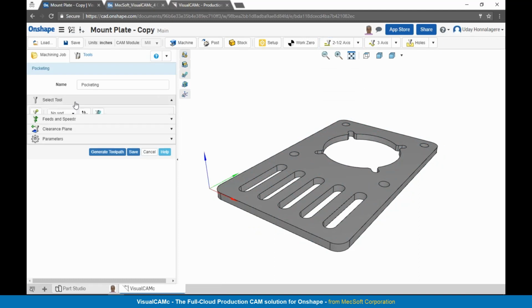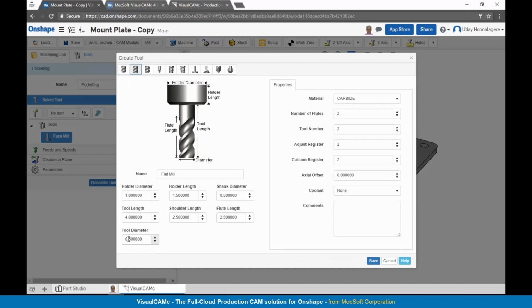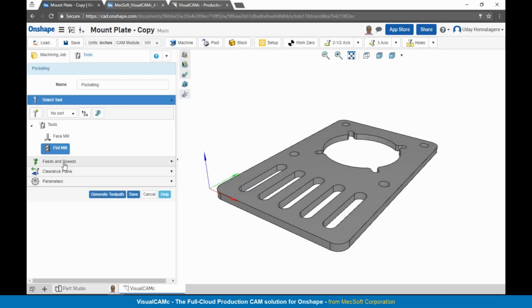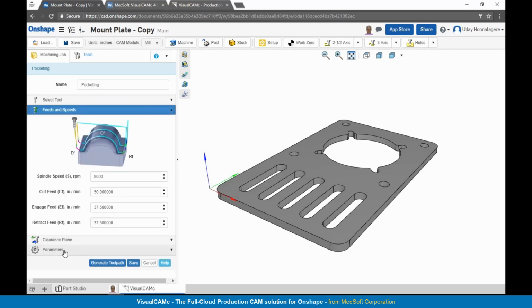And in this particular step, I'm going to pick a tool and I'm going to use an end mill. So I'm going to pick a flat mill. We'll specify the properties for the tool in here. We'll establish the shoulder length, the flute length. We'll pick save. So I'm going to use a 1/2 inch end mill. And the process would be similar to establish your feeds and speeds, clearance, and then we'll go directly into the